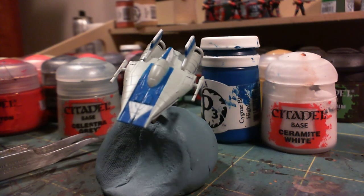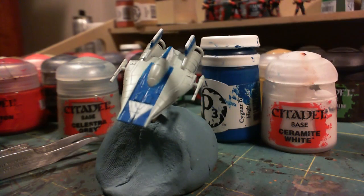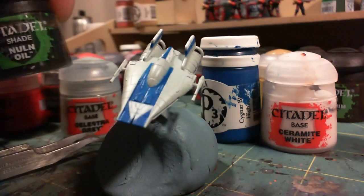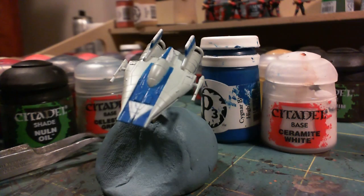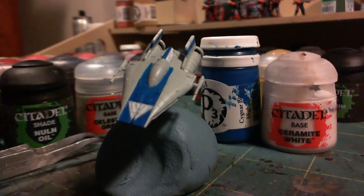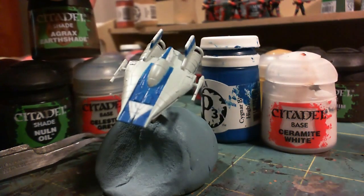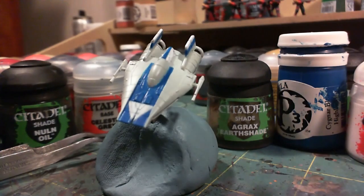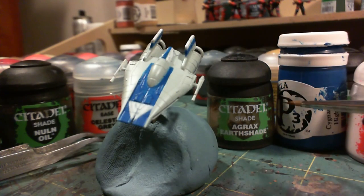And I've been thinking about this for a while, and I haven't quite figured out exactly what my approach is going to be, but I think I'm going to be using the Citadel shades. And I might build some of my own washes using the Liquitex. I think I'm going to have to experiment first with the shades. Maybe in the back near the engines, because those will get a little bit more weathering, I think, than the hull. So back here, I'll use a combination of the earth shade and the Nuln Oil,